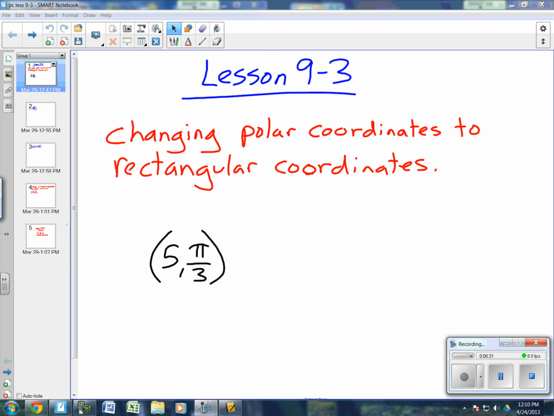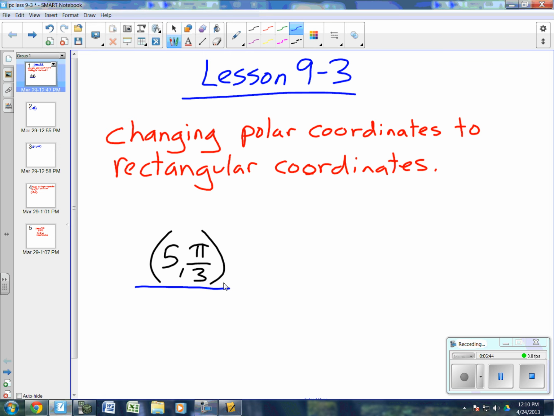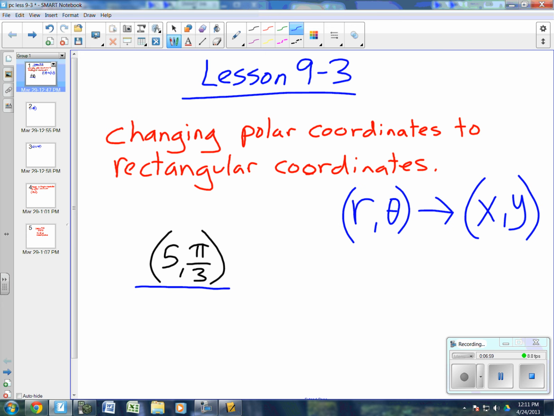Okay, this is lesson 9-3. And what we'll be doing here today is learning how to change polar coordinates, such as 5 comma pi over 3 right here, to rectangular coordinates. So we're going to change an r comma theta to an x comma y, to give it a point. So we want to be able to know how to change a point